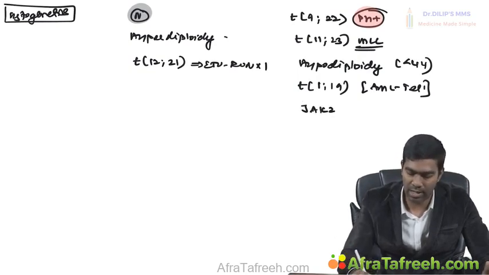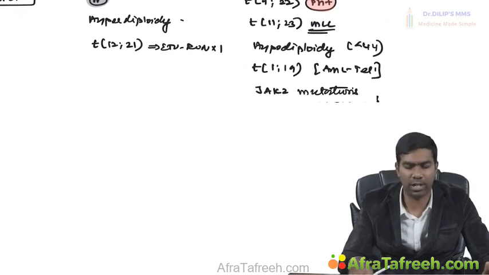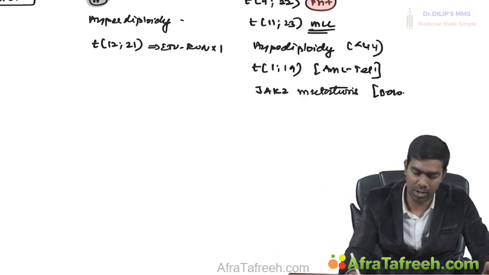Then if you have a JAK2 mutation related ALL. Remember, mutations related to JAK2 and resulting ALL will be seen in patients with Down syndrome. Like how I told you AML-M7, Down syndrome, t(1;22) translocation, I think we have seen it. So like that here, the JAK2 mutations in ALL are associated with Down syndrome. This is a very important point again.